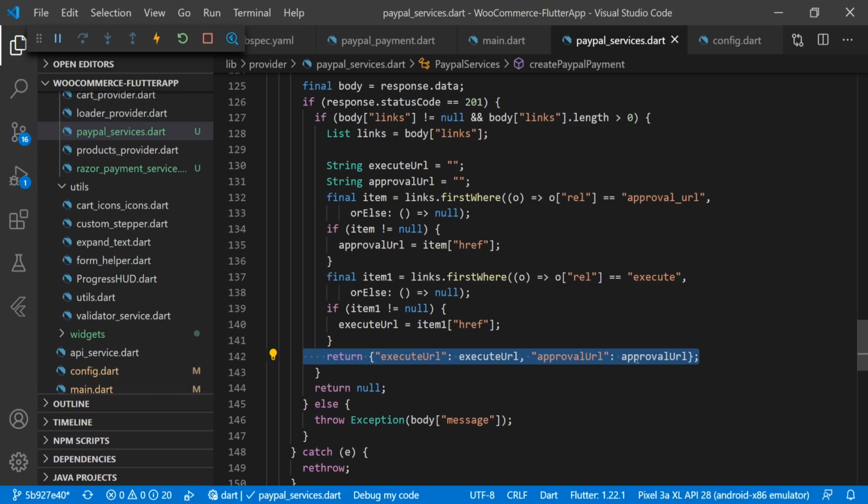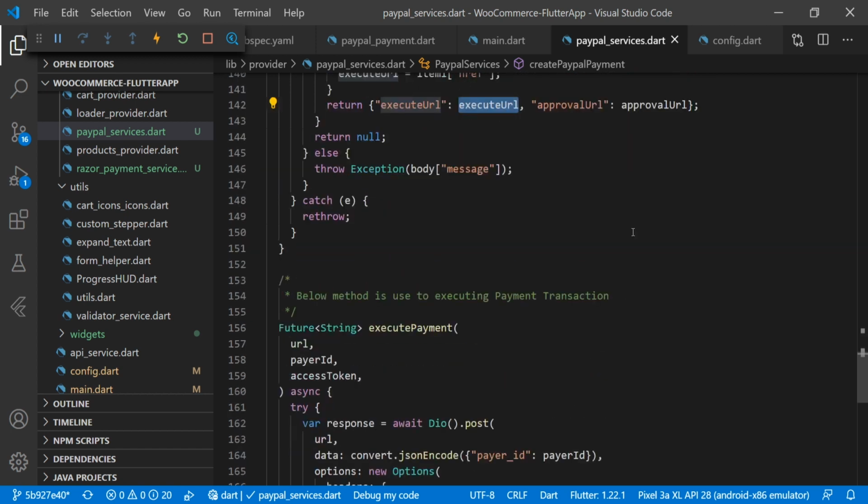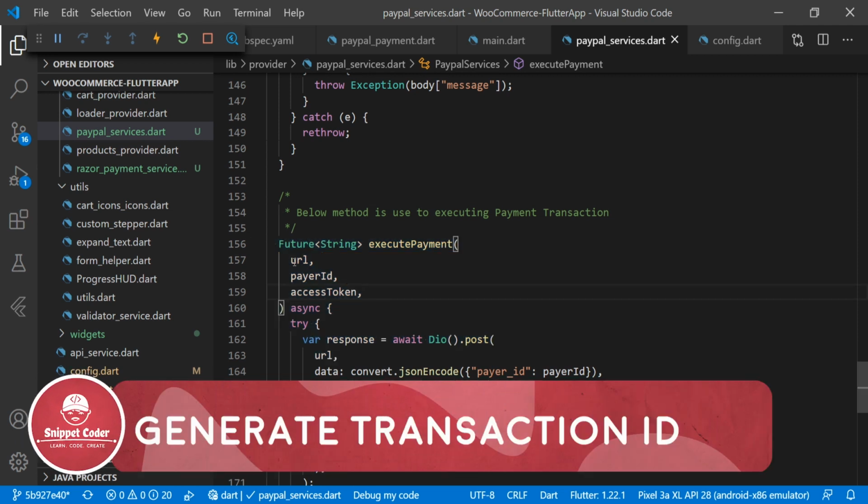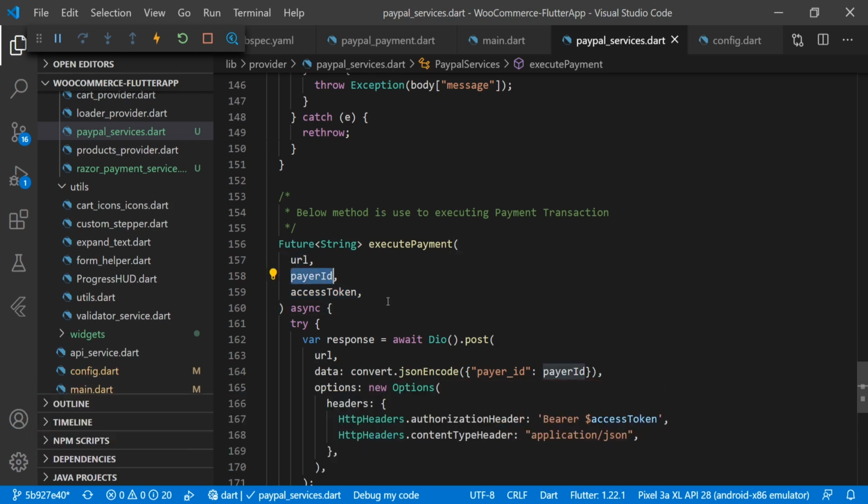So this approval URL is a checkout URL which we will call in our web view, so that web view will open that particular URL. And this execute URL is for getting our payment transaction ID when we are done with our transaction. And that execute URL will be called here in this method, that is execute payment. So what we are doing here, we are passing 3 parameters. First one is a URL, then we are passing a payer ID, then we are passing an access token, and this payer ID we will get in our